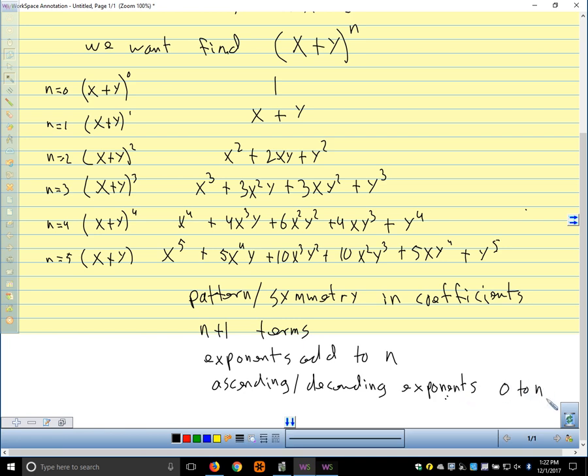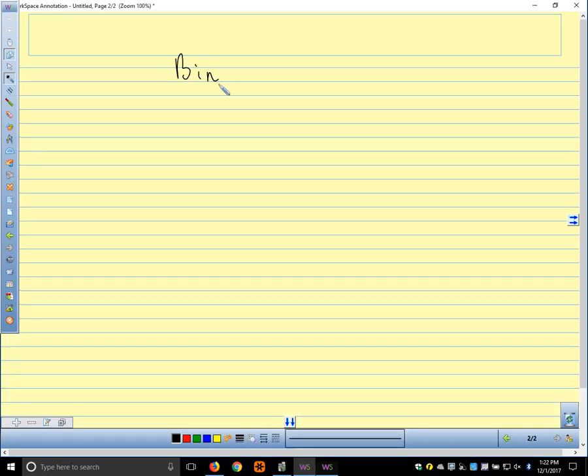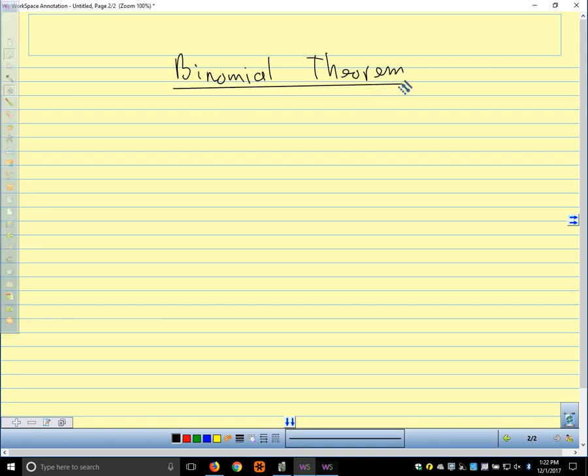Zero to n. So part of what mathematicians do is when they see patterns like this, they say, well, how can we represent this pattern somehow. So that's what the binomial theorem is, a way to represent this pattern. So you don't have to multiply these out. You take advantage of the pattern and the symmetry there to write out a formula for multiplying these binomials. So that's what the binomial theorem is. So the binomial theorem tells us that